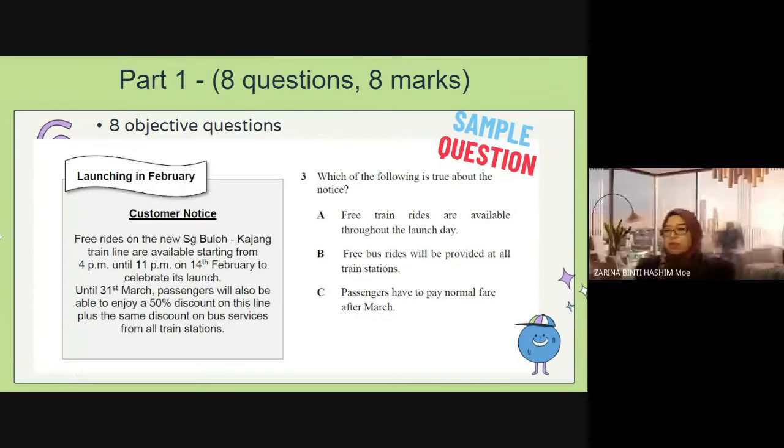In this part, you have to read whatever information is given, and then you have to answer the question. Most of the questions are actually based on true or false statements. I will share the question that we will do after this in the class WhatsApp group for you to read and then leave your answer. If you can go to TEDx, it's better still. If you cannot go, then you can just write anywhere in your exercise book.